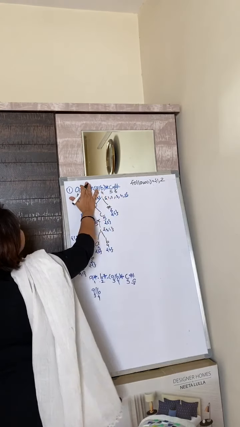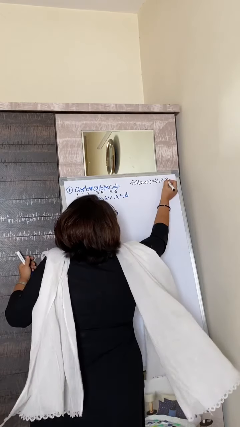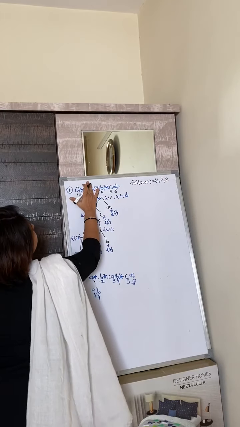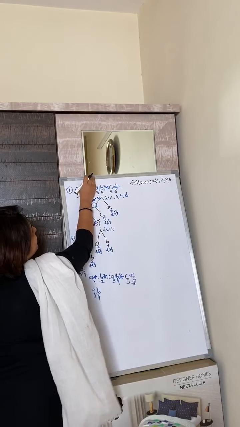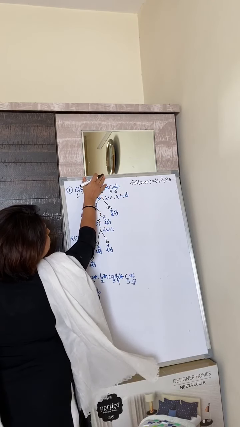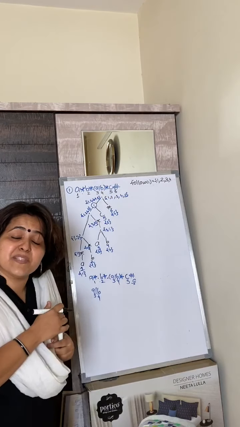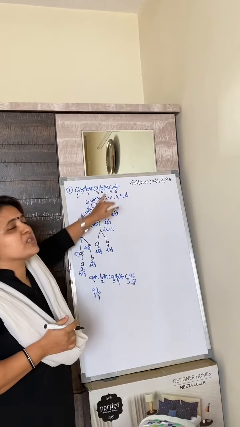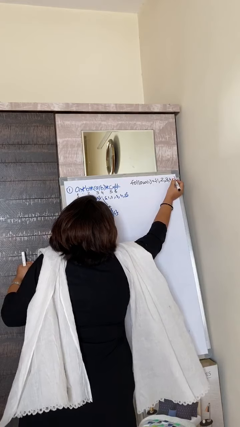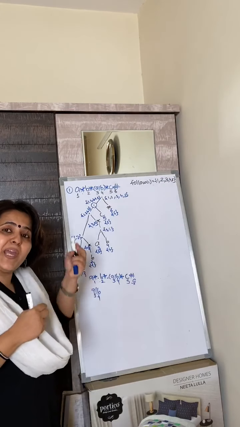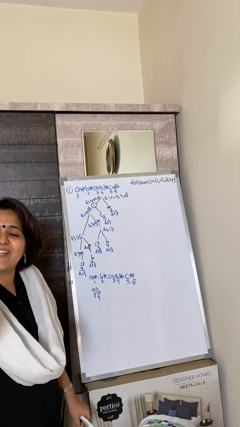If it is 0 occurrence of B, then after 1 what you can have? You can have 3 also. If it is 0 occurrence of B and you have selected this B, then 4 is also possible. If it is 0 occurrence of B, it is 0 occurrence of this also. Entire this is absent. Then after A, you can have C also. Are you getting what I am trying to say? 0 occurrence of B and 0 occurrence of A or B. In that case, C can also follow A. So, 5. Beyond 5, no symbol can follow A. Why? Because this is compulsory occurrence of 5. So, 5 will be the last symbol that can follow A.